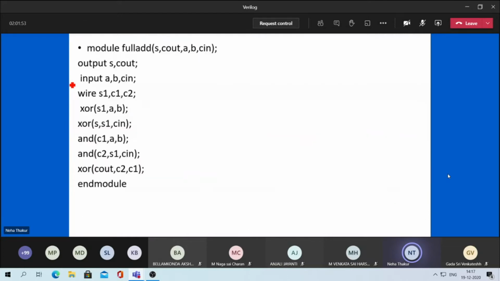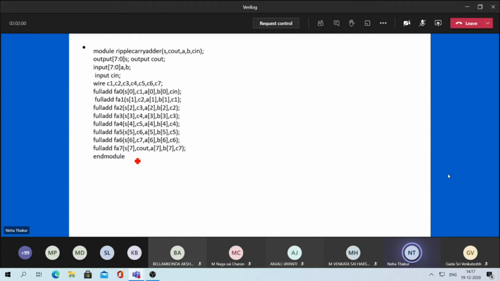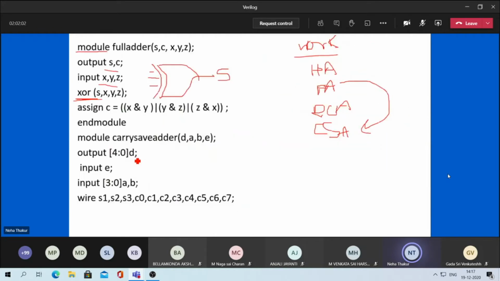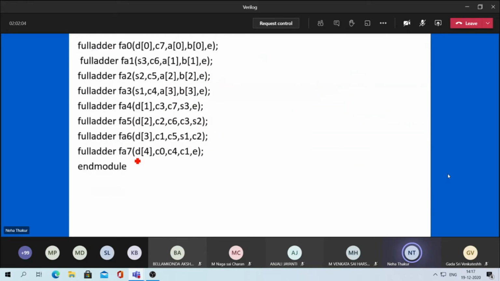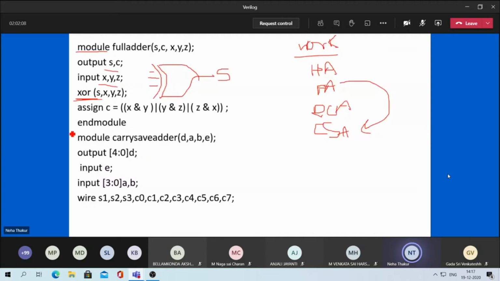In this case you have written AND of C1, A, B, AND of C2, A2. Here they have mixed, you can also mix your behavioral modeling. See here, what is the difference between that and this? Here you are writing assign, C is equal to X, and this is for AND and this straight single line is for OR.